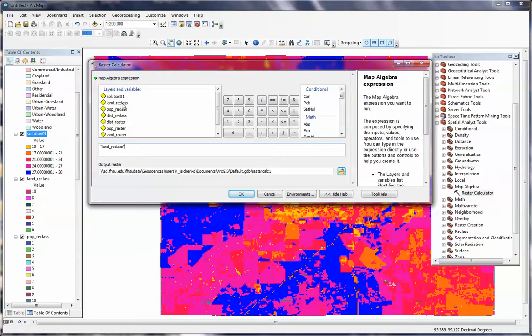So I just clicked on land reclass, and I'm going to click on the multiply symbol here. Okay, times 0.20. Now, reclass multiplied by 0.20. That is the way that you add in that weighting. So we said we're going to weight land cover at 20%, and then you click on plus just like before, and now let's go with population